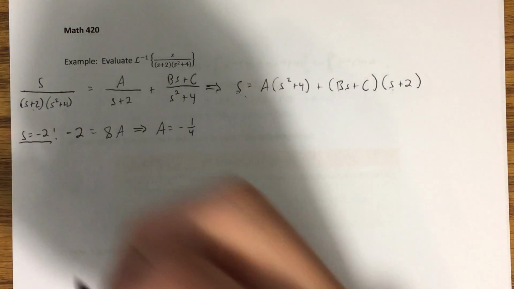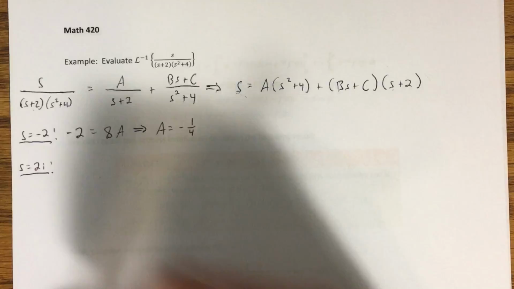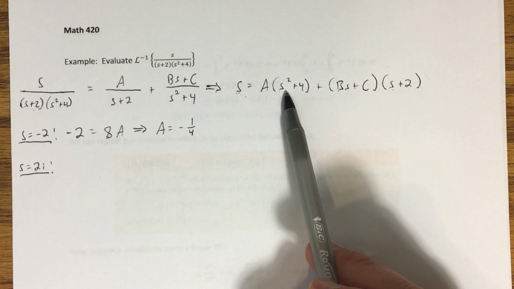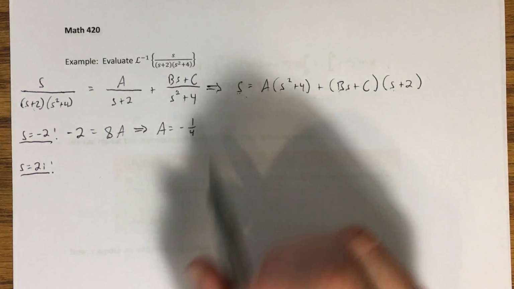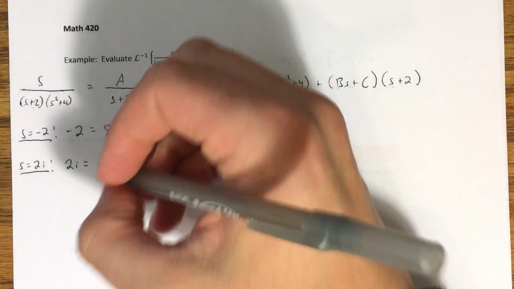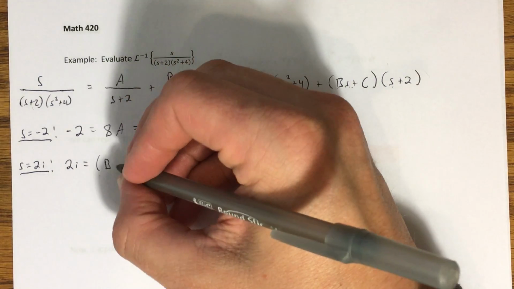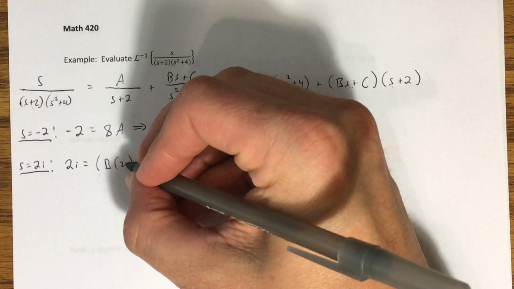For example, if s is equal to 2i, s squared is negative 4, plus 4 is 0. So that causes this term to disappear. This s becomes 2i, and on this side, I'm going to get B times 2i plus C